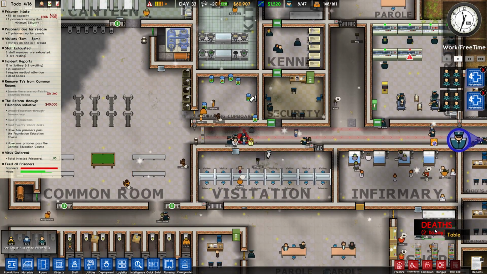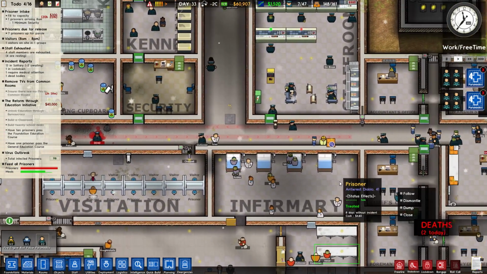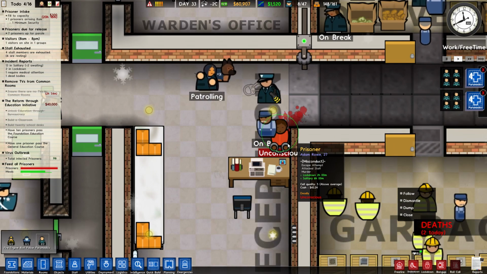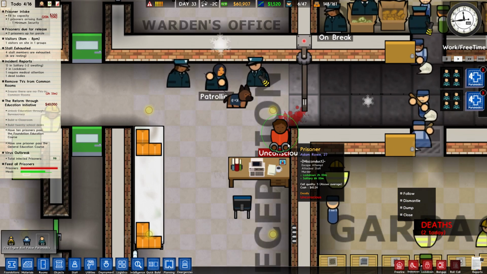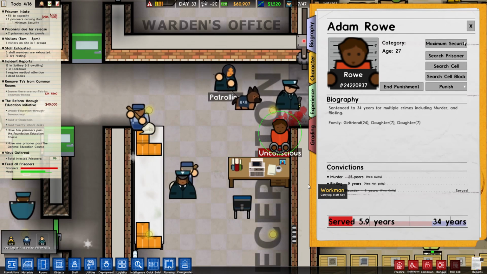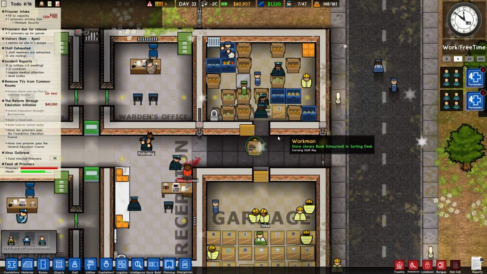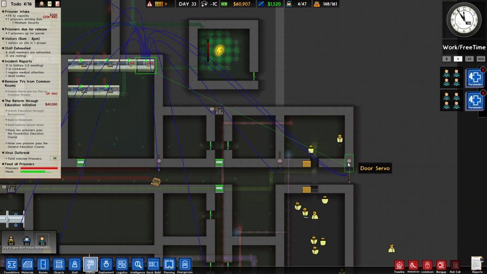Oh, Jesus. What happened there? Oh my god. Someone's escaping. Yep, this guy. Misconduct, escape attempt, attack staff, and murder. He is deadly, but he is now unconscious and he's been bumped up to maximum security. So it means that by murdering someone, sadly, he now gets a really nice...